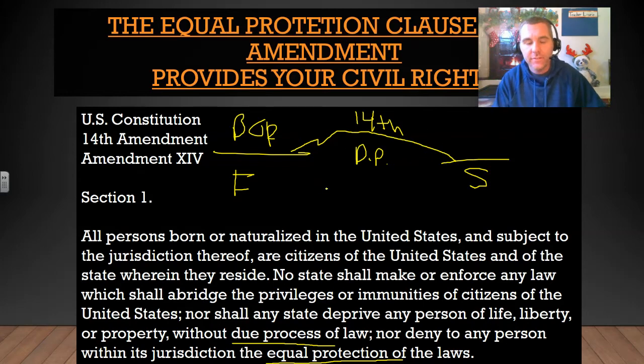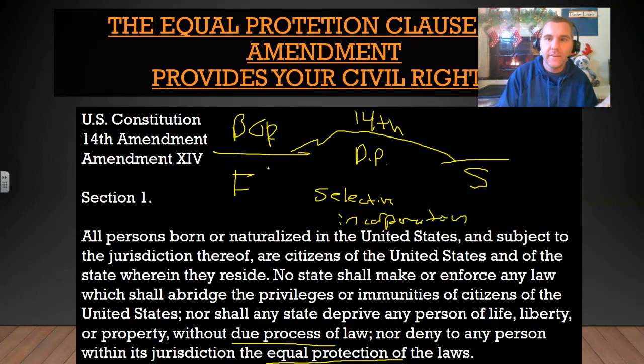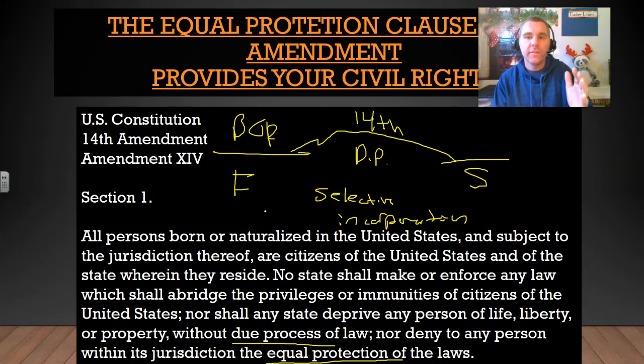This process is called selective incorporation. It's a really important term that we've got to know, because this is the idea that the Bill of Rights have been incorporated to the states one at a time. It's selective. It's because the Bill of Rights has the Fifth Amendment due process clause, and the 14th Amendment then extends that to the states. Again, originally the Bill of Rights were only for the federal government. But over time this has been opened up. And now not only does the federal government have to read you your rights, so do the states.